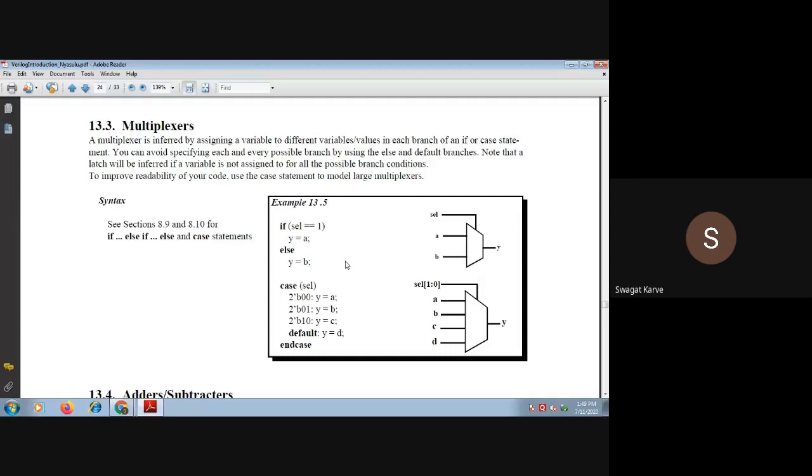There is another technique by using the case statement, right? Even the same logic we can use in VHDL also. In VHDL also, we can write the multiplexer code by using if else statement and with the case statements also, right? So we have discussed by using case statement, but the same logic we can extend in if else statements also.